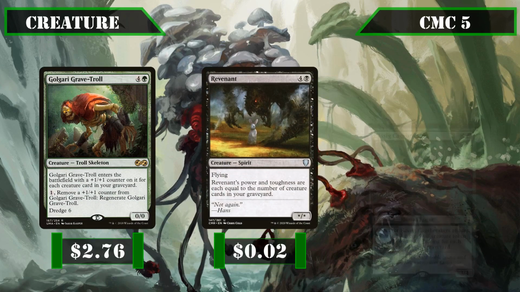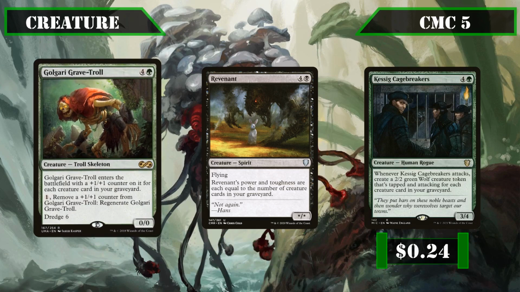Moving on to the CMC 5 slot, we have another increase to our graveyard payoffs with Golgari Grave Troll, Revenant, and Kessig Cagebreakers. Golgari Grave Troll is a 0/0 with Dredge 6 that, when it ETBs, gains +1/+1 counters equal to the number